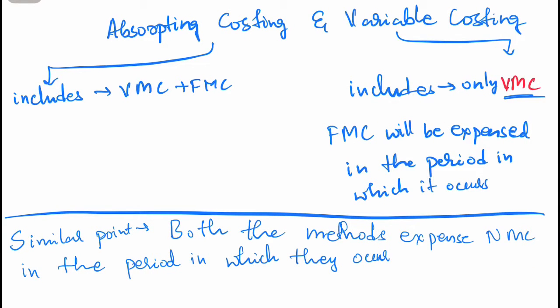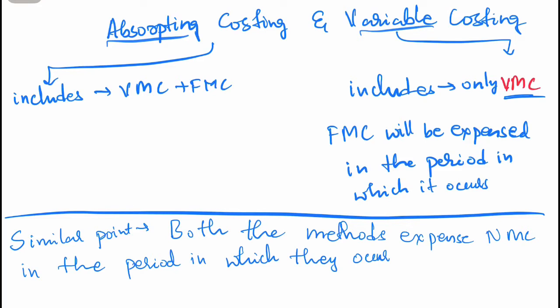If you see here, we have two costing. Which are those two different types of costing? One is absorption and the other one is variable. In a brief way, we'll understand what is absorption and what is variable costing. Absorption costing is that costing which absorbs all the cost. It doesn't make any difference whether it is a variable cost or a fixed cost. If it is a manufacturing cost, it's included. Absorption costing is going to absorb all the costs, which means it is going to include all the costs.